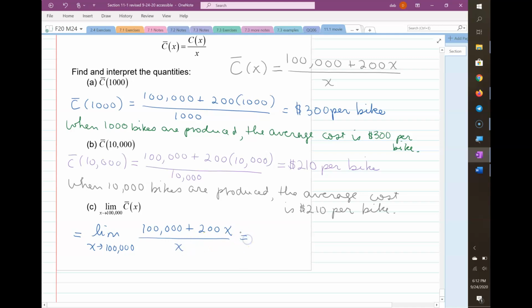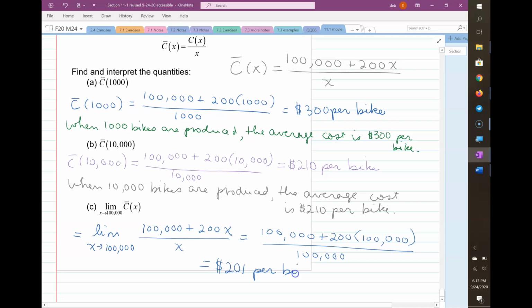Then we try plugging in the number, because if plugging in the number works and gives you an answer, you're done. So I'm going to put 100,000 everywhere I see an X. And I pushed too many buttons too fast. And I'm getting $201